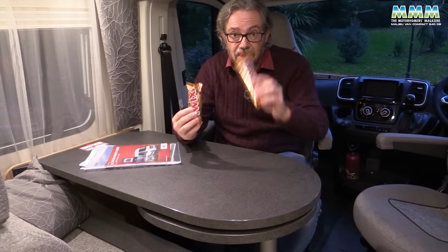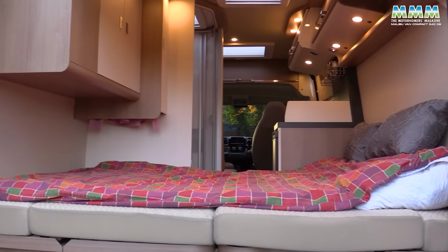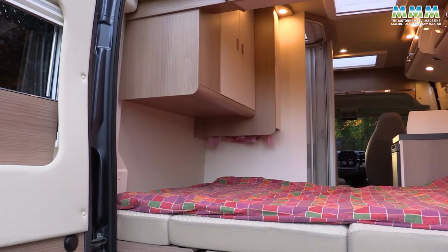But would you buy this one or the bigger one? Well, I think I'd have the smaller one. I like that low bed. It's so easy to access, and the fact that you can sit up in bed, well, that does it for me. The washroom